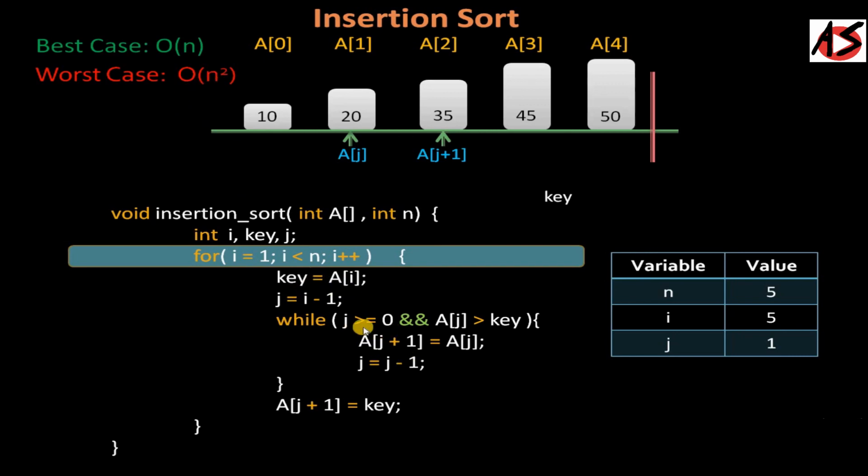And if you are talking about the average case, you have a half probability that you have to swap the elements when you are doing the insertions. So in the average case also, the time complexity of this algorithm is big O n square. This algorithm is an in-place algorithm, so you don't require any extra memory. That's why the space complexity of this algorithm is big O 1.